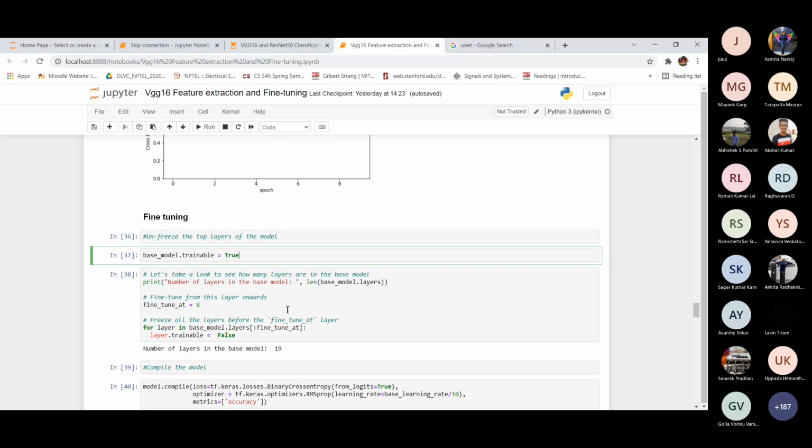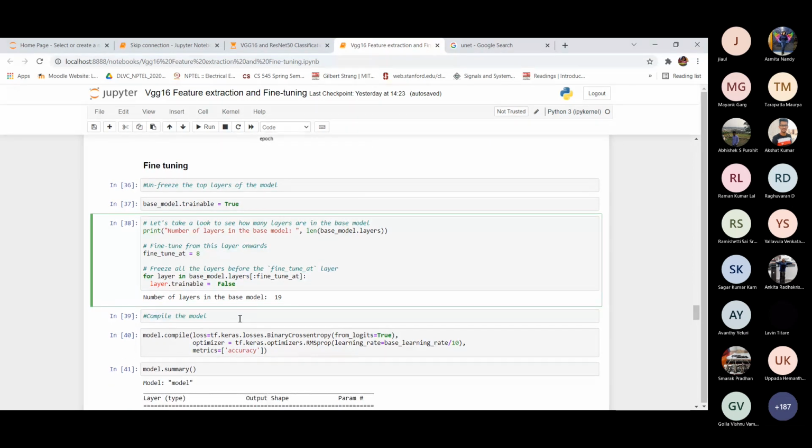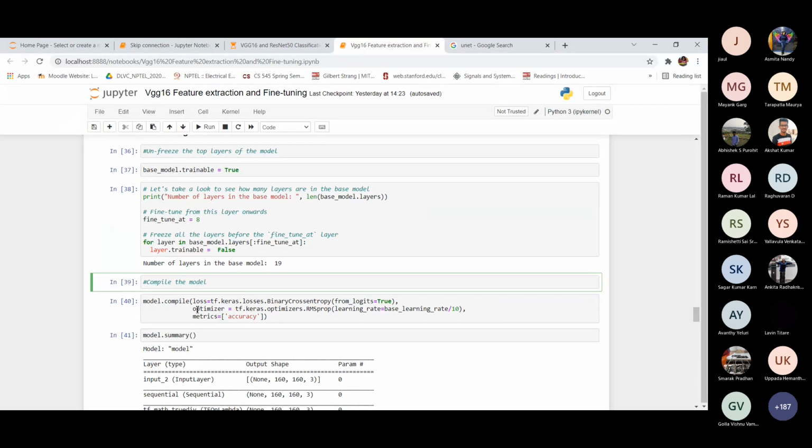The total number of layers is 19, so 16 convolution layers plus 3 feed forward neural network layers. After 8 layers we will use fine tuning. Okay, so you can change the fine tune layer from here if you don't get good results. After that we will compile the model.